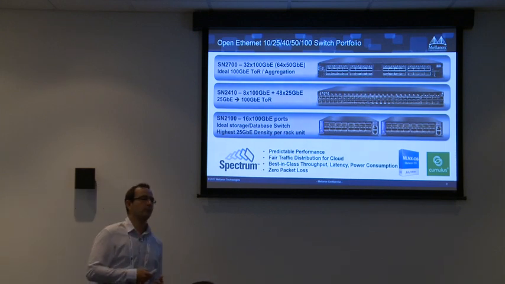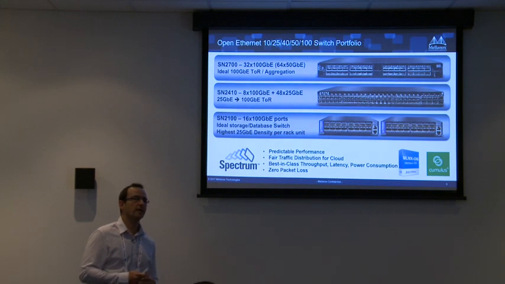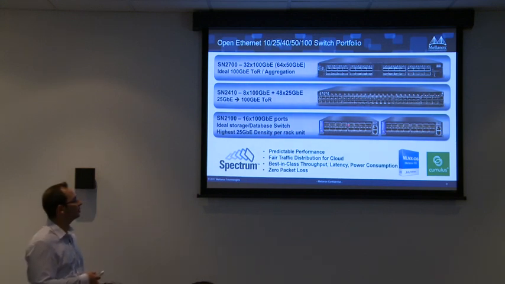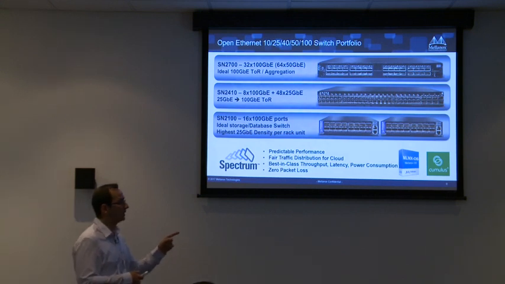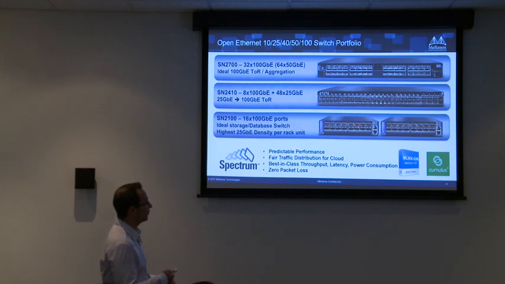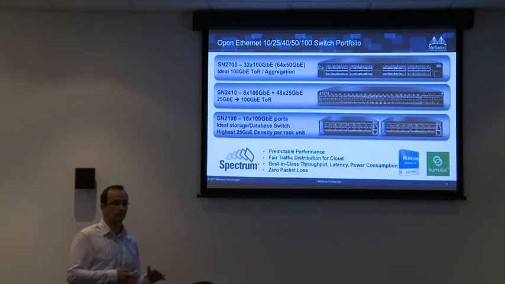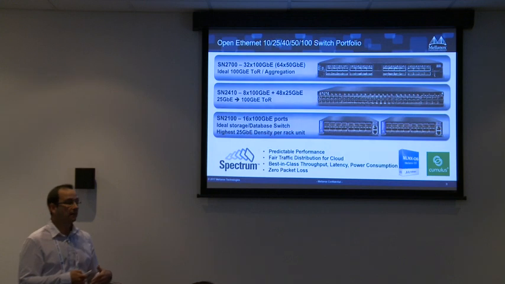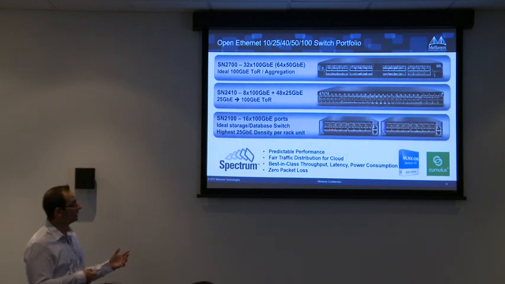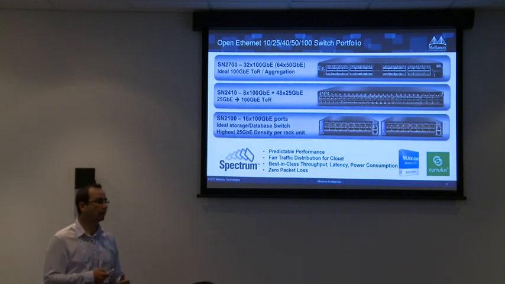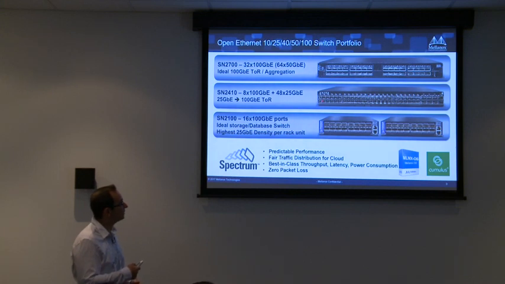And we have a special top of rack, which is unique in the industry, and no other vendors have it, and it's called the 2100. It's basically half a switch. It's 16 ports of 100. All of the ports are splittable, so basically you can split all the ports by 4 and get 64 ports of 10 or 25. It's a very powerful switch because, and I can run you through it offline if you want, you can achieve all that you are achieving here in 1U with this half a switch.